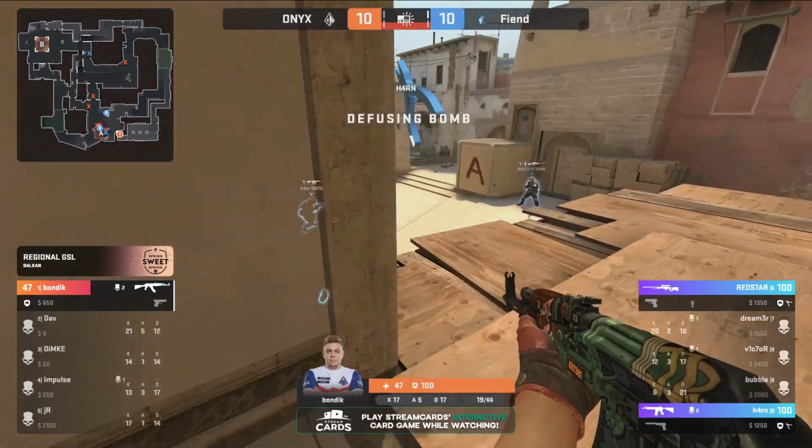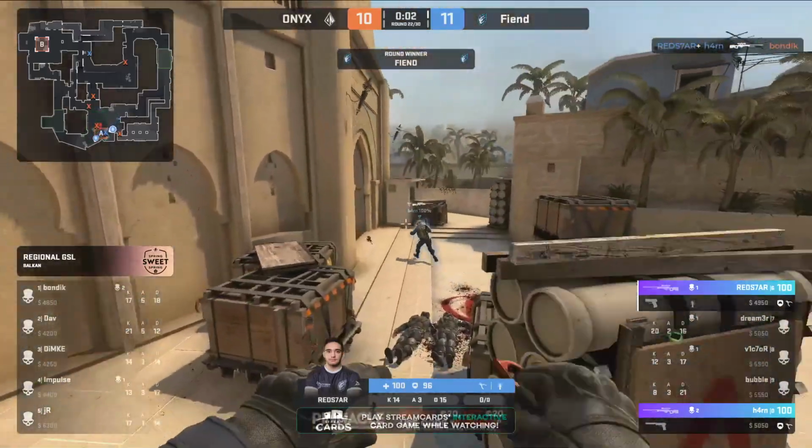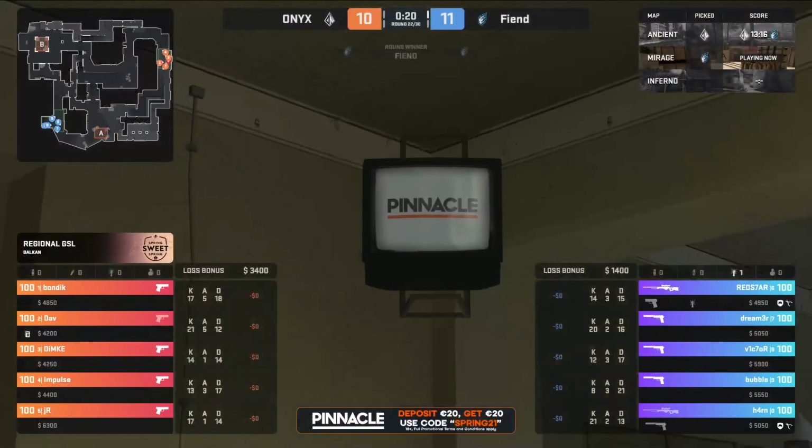Oh man, I mean, this is just practically an unwinnable position that he finds himself in, and indeed, REDSTAR will hit the shot with the AWP. That's just like one of those spots you'll actually often just...